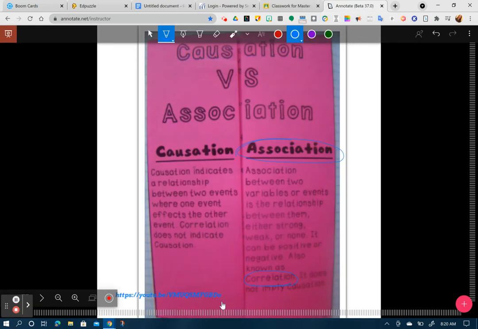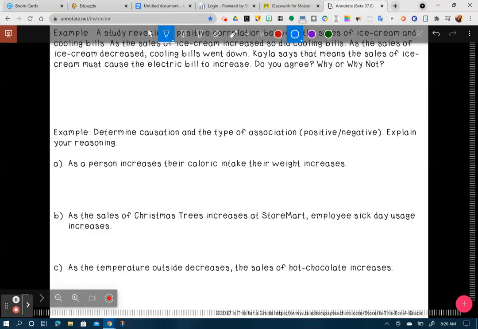Okay, so that video was to help you understand the differences there. So now let's look at the inside of your foldable. So the example here says, well,